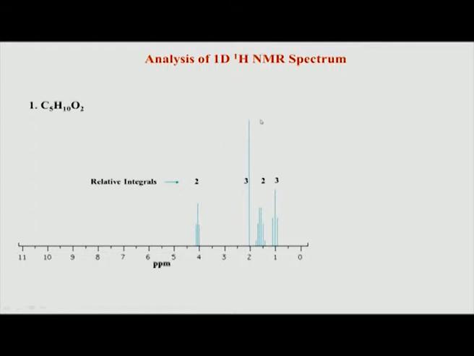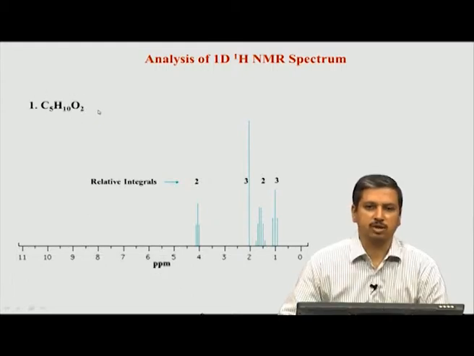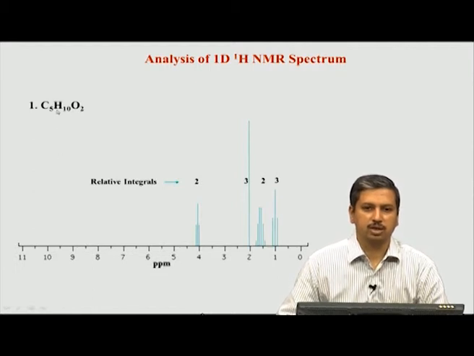So, this is the spectrum given to us. In this case this is the formula of the molecule, which has been obtained by some other means, it could be through elemental analysis and so on. Now we want to figure out what is the structure which will be compatible with this formula as well as with the spectrum.